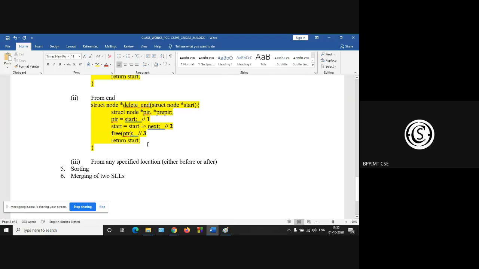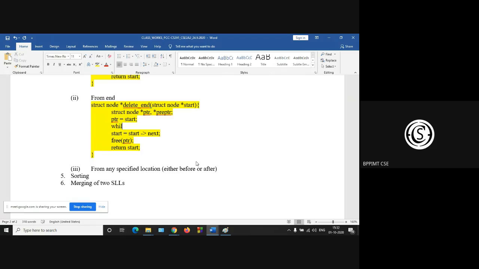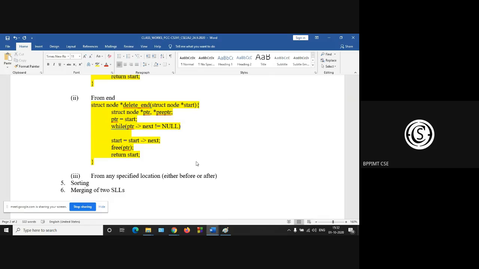So ptr is equal to start, and while your ptr arrow next is not equal to null, then ptr is equal to ptr arrow next.